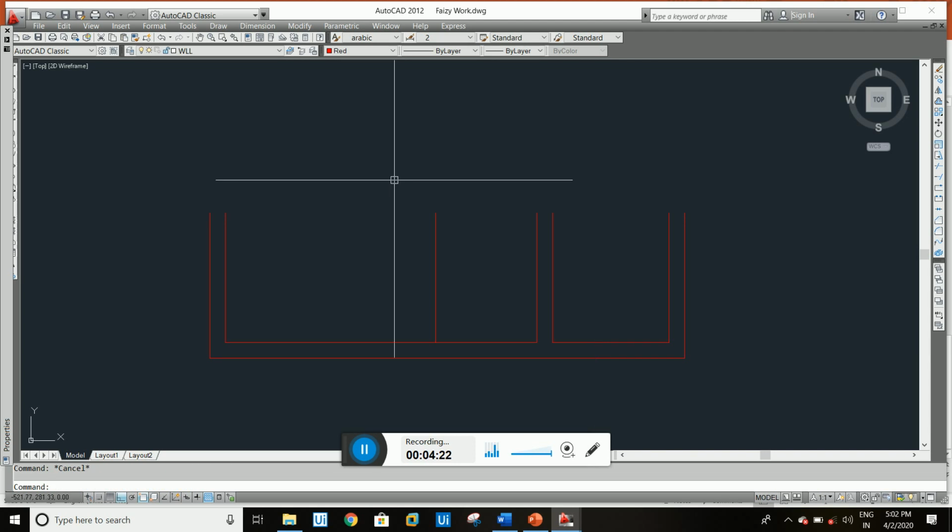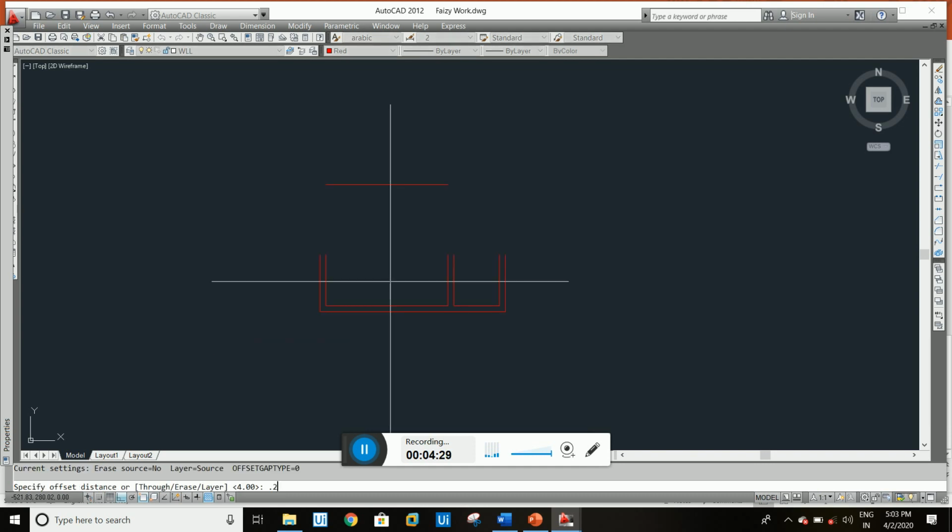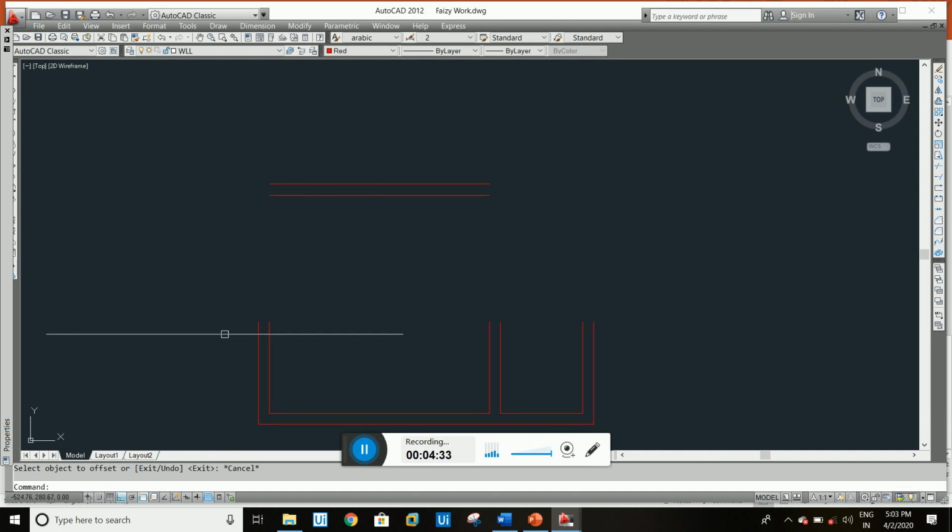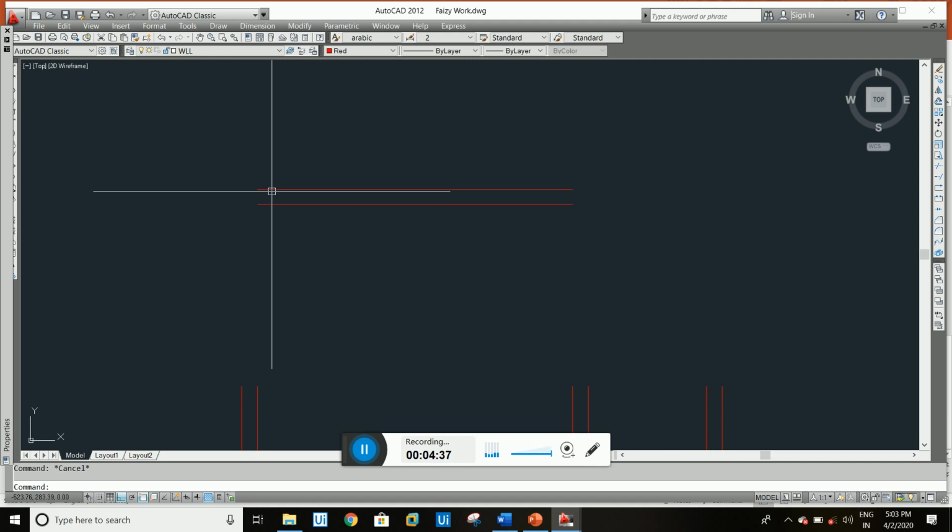Simply, if you want to make this room 4 meters, we give an offset of 0.20 centimeter for the wall, and we want this wall to extend up to here. So we choose EX, single enter to give the reference point, or double enter to go directly into the command.